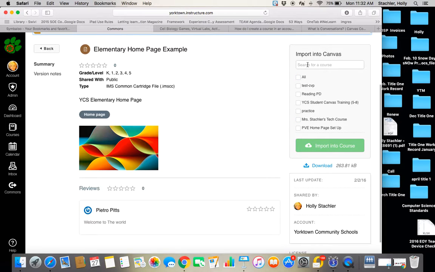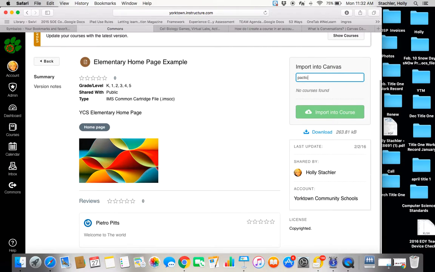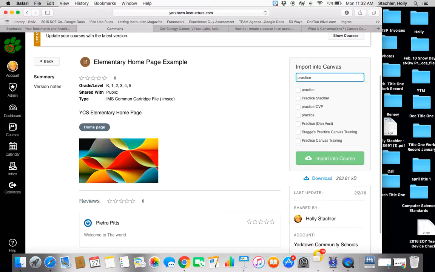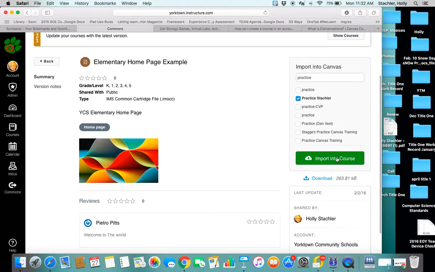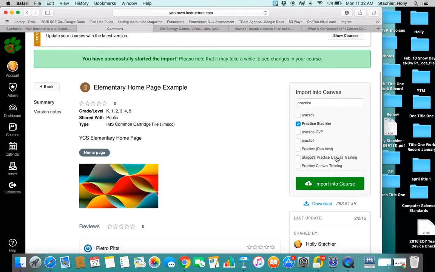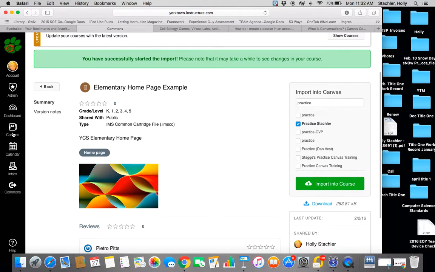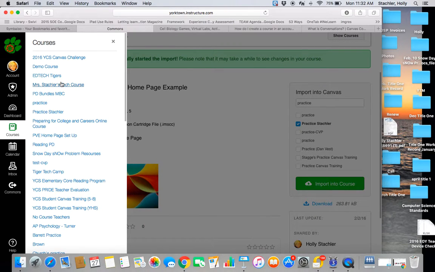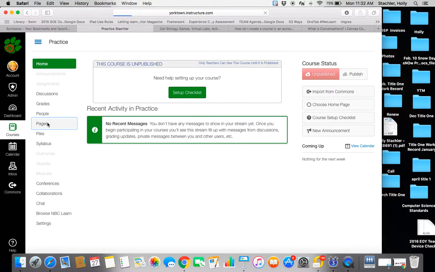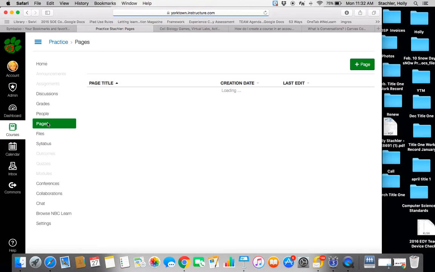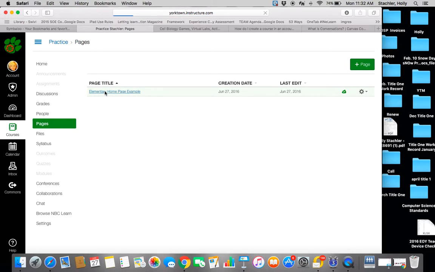And then what you're going to do is import it into a Canvas course. So I'm going to search for the practice course that I made, and I'm going to select that course. And then I'm going to say import into course. And when I do, it'll give me a message that says I have successfully started the import. Then that's really the only thing that I have to do. I'm going to go back into my courses, find that practice course that I created, and if I go into pages, you're going to see that it shows up right there. So then I can open it,